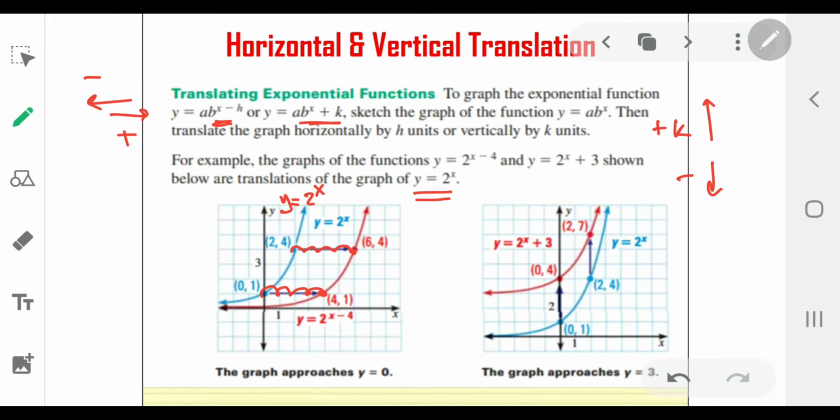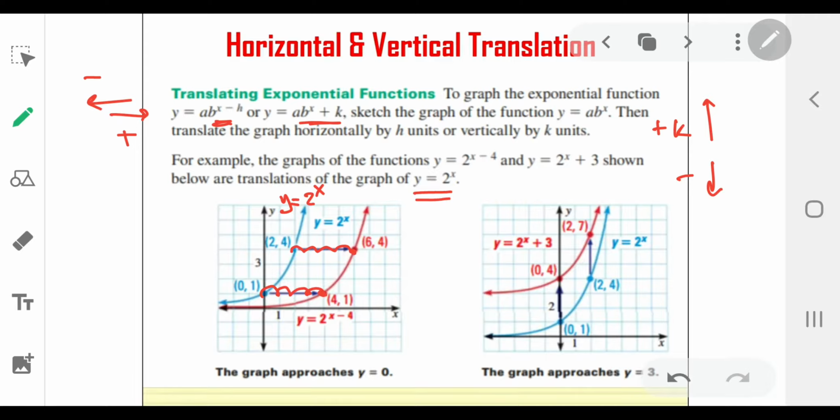So again, if given y equals 2 to the power x minus 4, and you need to graph it, you start by graphing the original basic one using the table of values which you have studied in the first part, and then you see which kind of transformation you have, if it's addition or subtraction. If it's addition or subtraction from the x values, from the exponent, you would know that the graph is going to be shifted horizontally,